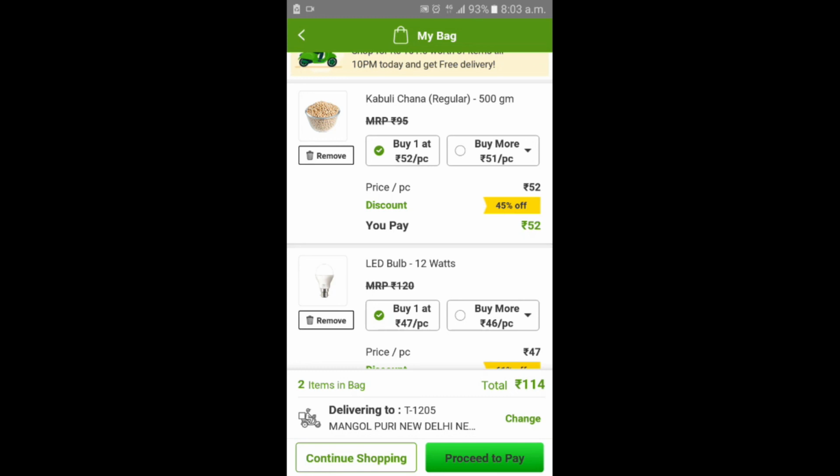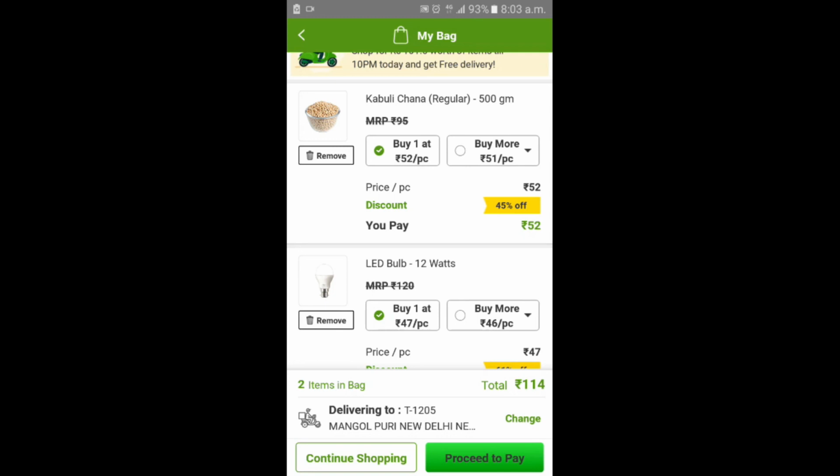So minimum something like 300 or 250 rupees on your first order, you have to book up to 300 rupees order for billing. Whenever you proceed to pay, they will ask you to enter your address, so that the package is delivered to your doorstep.